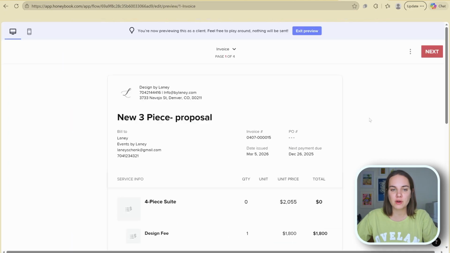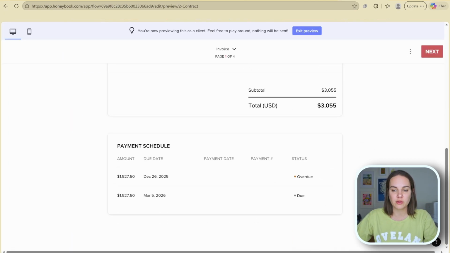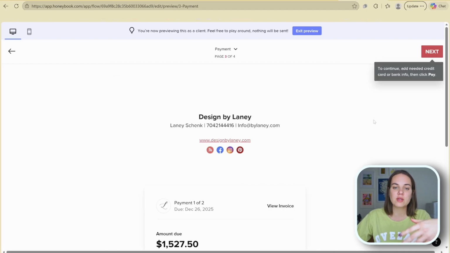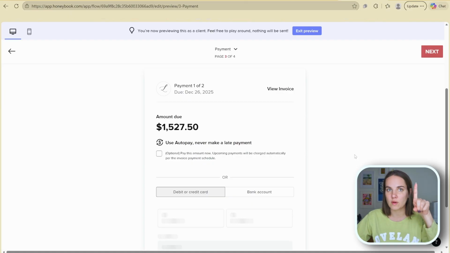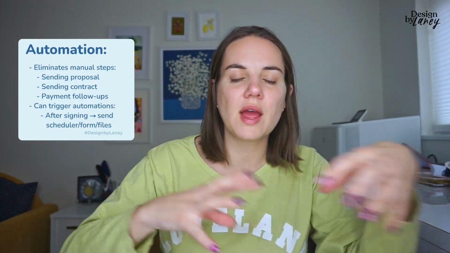And then when I share that with her, what she sees is this fully kind of customized proposal. She can click through, she can sign the contract, she can even pay the invoice. And I've only had to do that one thing, which is updating that proposal. So I hope you can see how easy this is. It takes out all the back and forth of here's the proposal, here's how you sign it, here's the contract now that you're ready, here's our payment instructions, oh, have you paid, it's due now. All of that is now automated into one smart file,